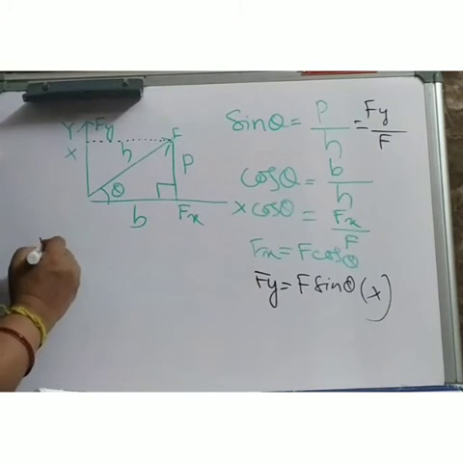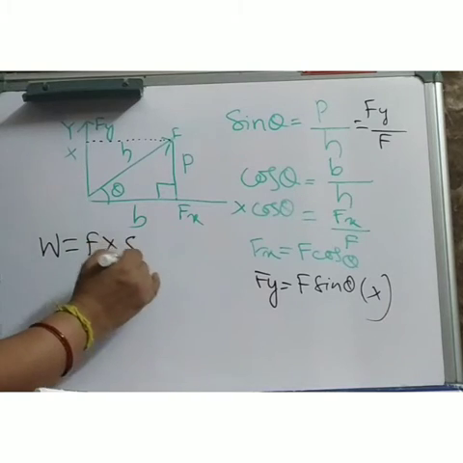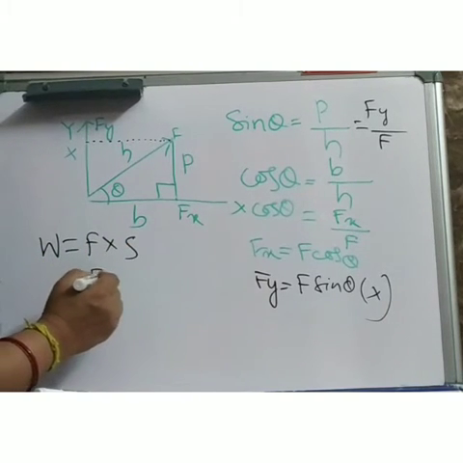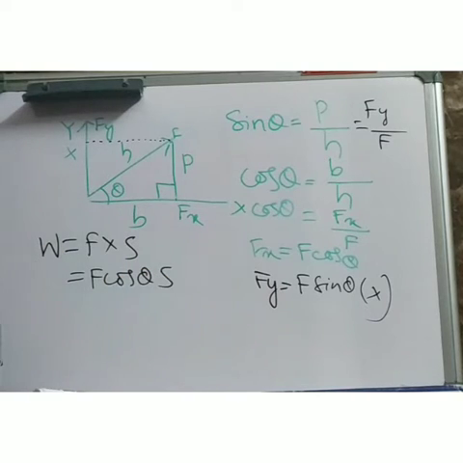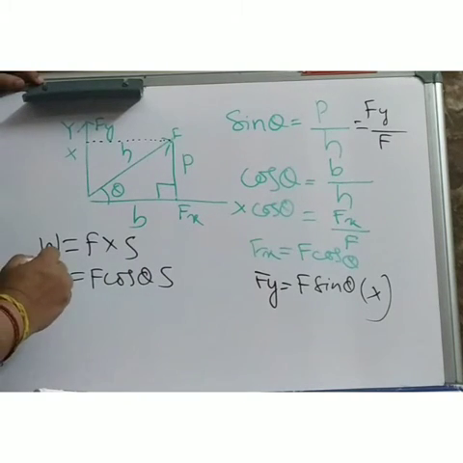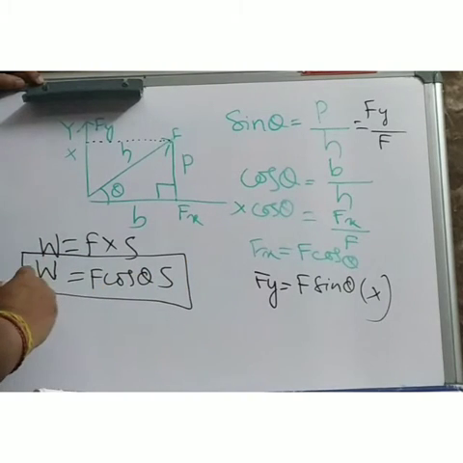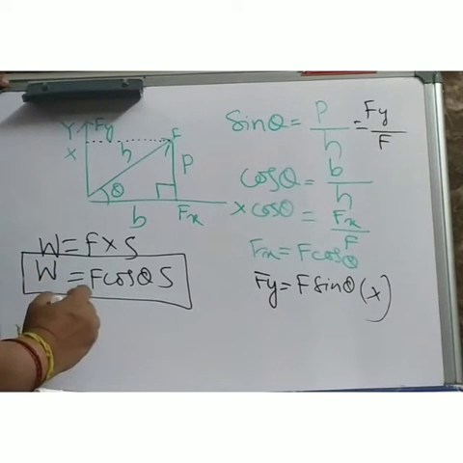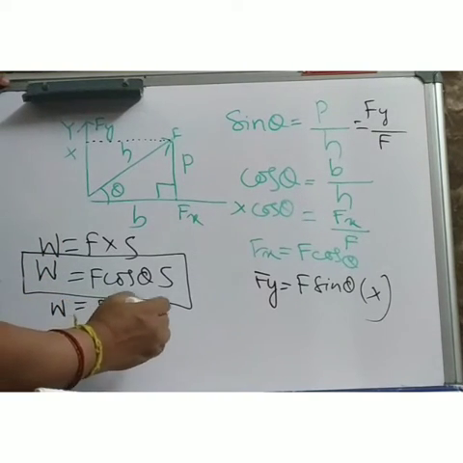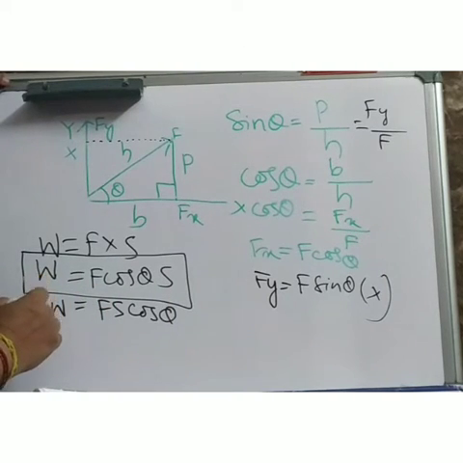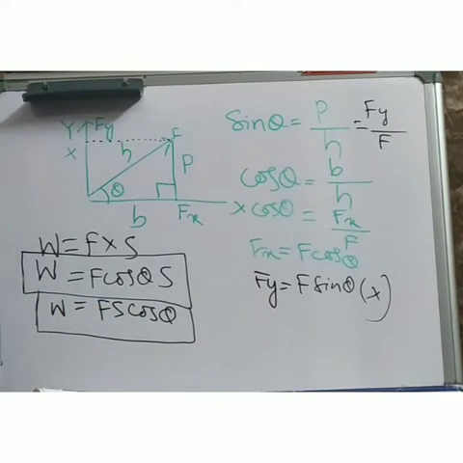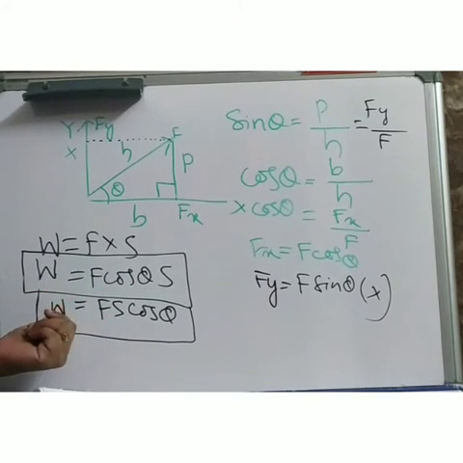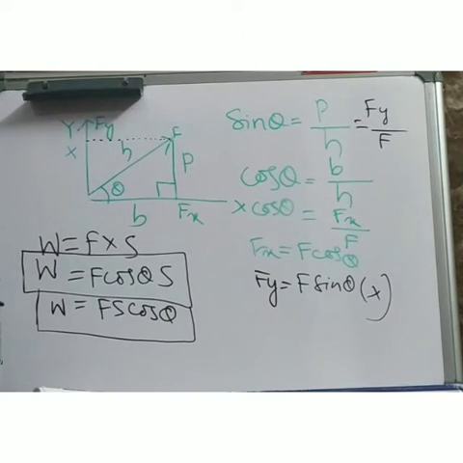And you know W is equal to F into S. In place of F, I can now write F cos theta into S. Clear? Now this is your actual mathematical formula of work done. W is equal to F cos theta S, or you can simply rearrange the things: F S cos theta. Actually this is a dot product, rather scalar product. Detail you will study in class 11. Clear? Now what is the work done formula when force is acting obliquely or in a slanting direction?